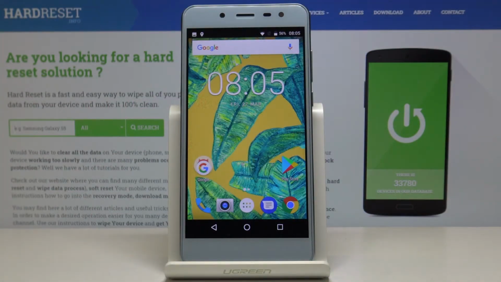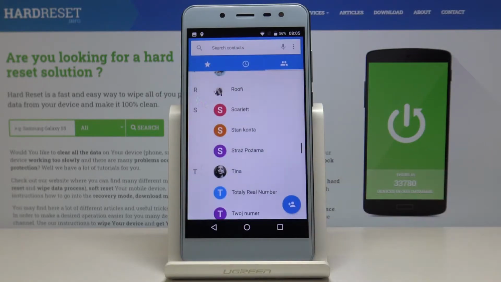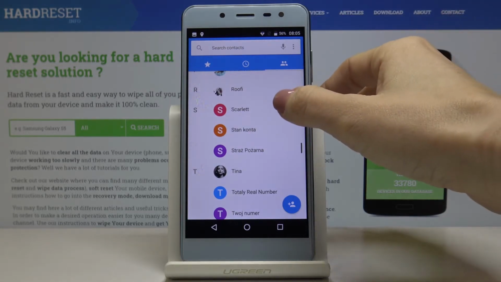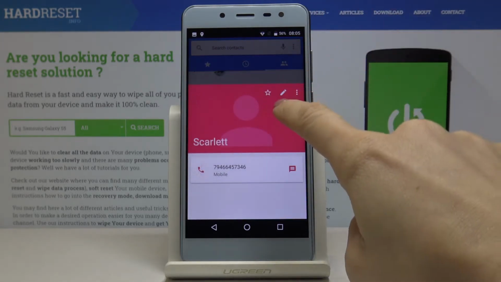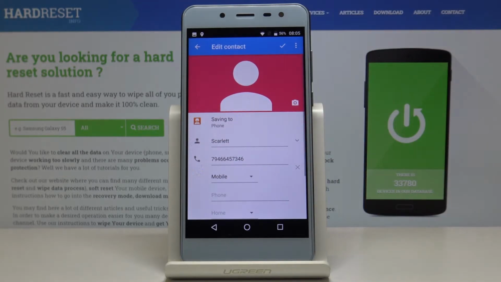Here I've got ESSENTIELB Wooze L, and let me show you how to add a photo to a contact on the following device. So at first you have to open the phone dialer, then pick the contact that you would like to add this profile picture to, in my case it's Scarlett, then select the edit icon, and now click on the